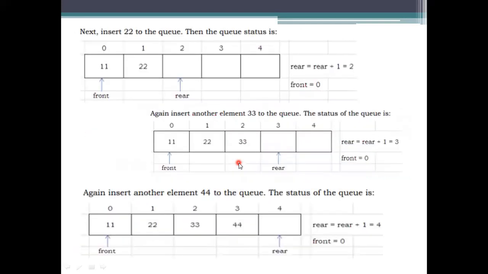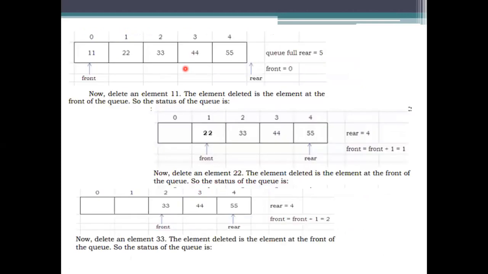If you see this one, while insertion, it is performing the 22. So 22 is inserted at the 1, but it is not specifying the rear to stay here only. The next insertion point will be the right side of the inserted one, so that's why it is specified to the next one here. Likewise, here also the front value is incrementing, and then next it is pointed to the next value to be deleted.